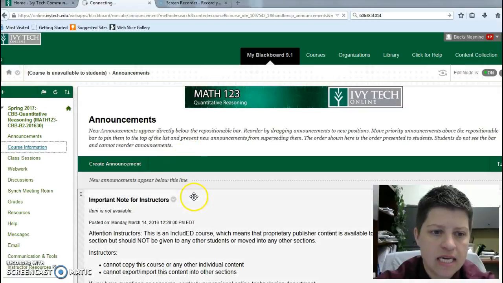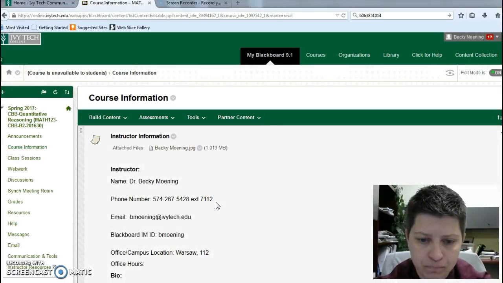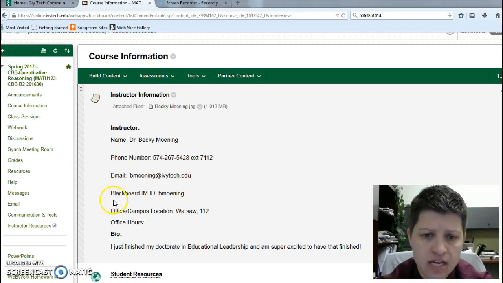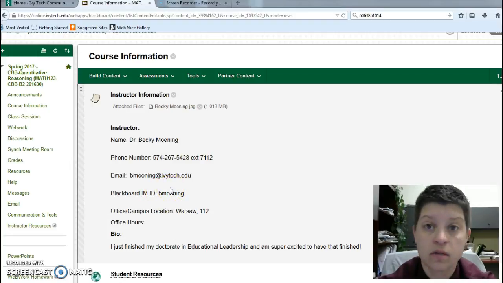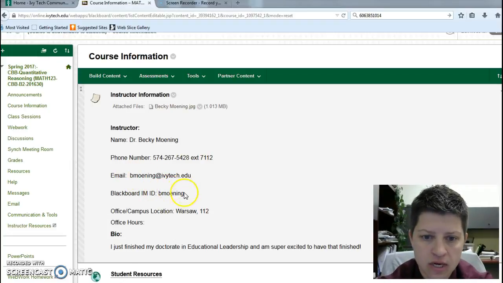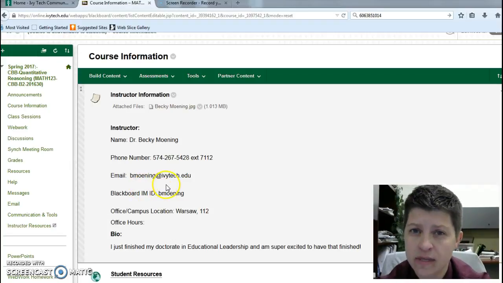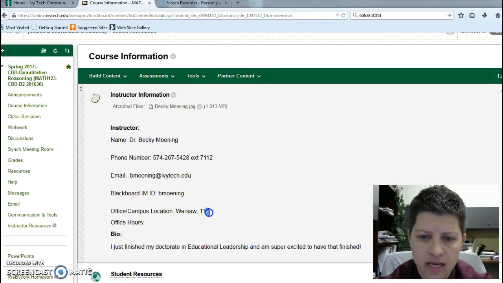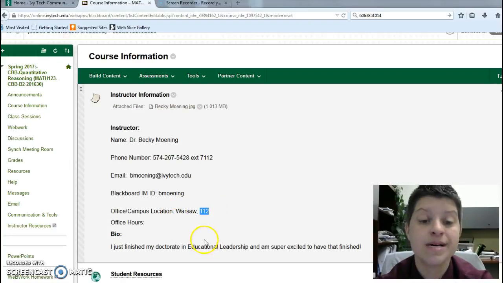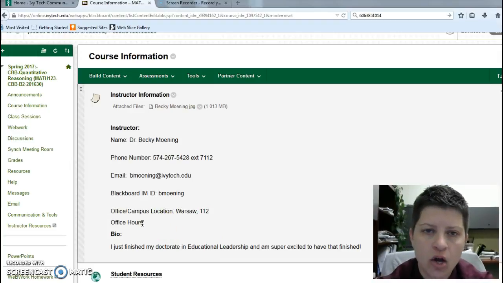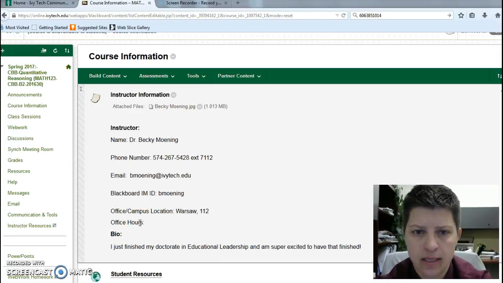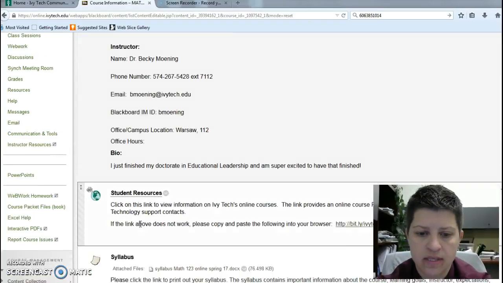Your next button is the course information button. Now you see my information, and there's a picture in case you want to look at me at any point in time. The phone number goes to my office. Leave me a voicemail, it goes to my email. My email is always with me. Direct email, Blackboard IM. If I'm in my office, I'm logged into Blackboard IM, so feel free to shoot me a message anytime. That is incorrect. My office is now 109. But anyway, there you go. My office hours, I will be posting a document in here that will have where I am at any point in time, in case you're ever on campus and you want to drop in and say hi.